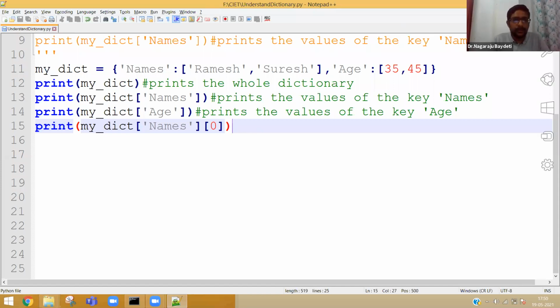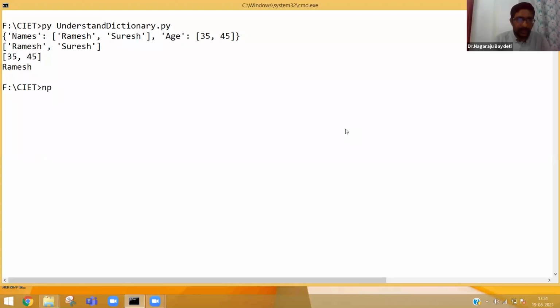Now, I think set also we will explain tomorrow. I will explain set tomorrow. Why? Because set is very simple to understand as well. The only difference between a mathematics set and this set is that it is an unindexed data structure. For example, let me just write understand sets dot py.